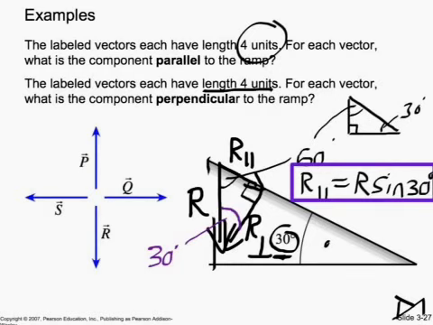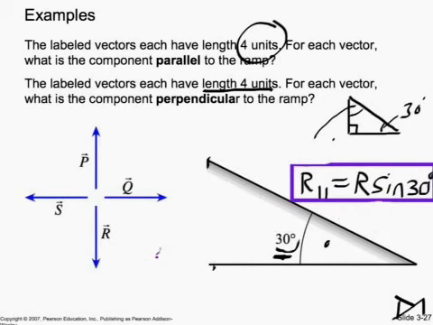This will be a common usage when we start doing physics on inclines. We know R is 4, sine of 30 is 1/2, so R parallel, the amount of the R vector parallel to the incline, must be 2. I said this is a common usage